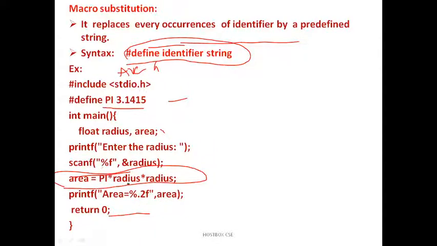Remember, here the user is going to enter a value, the radius value, and it will find the area of the circle easily. Let's go for the demonstration. To save time I already kept the program in the online compiler. Let's see the execution.